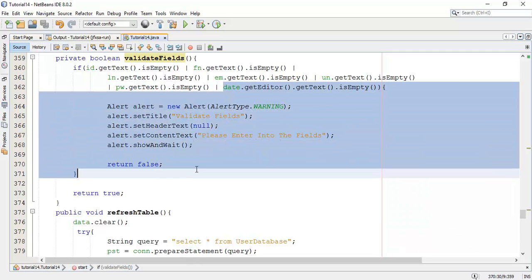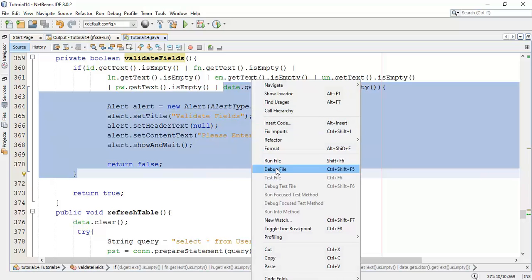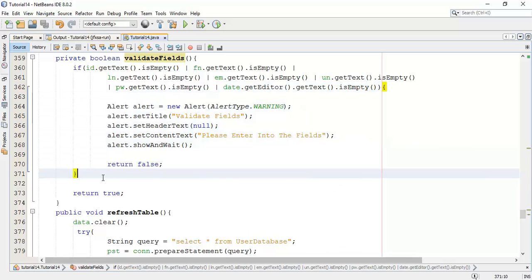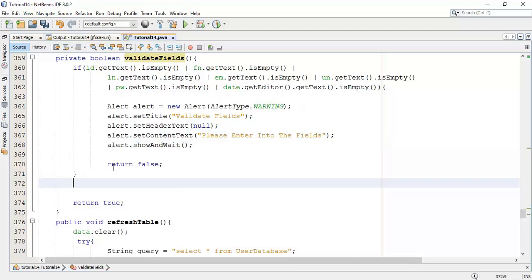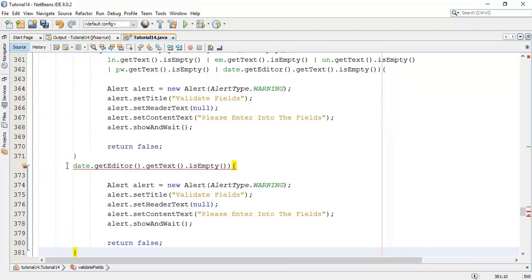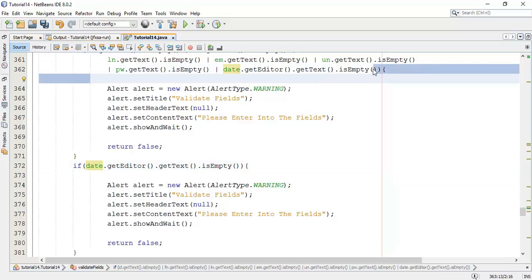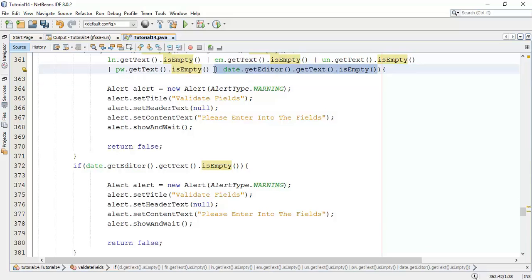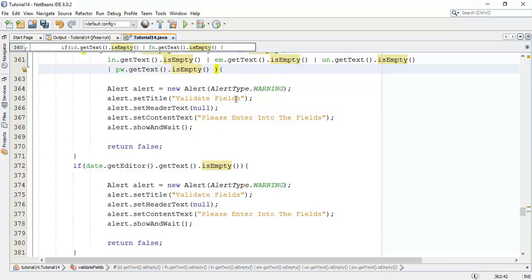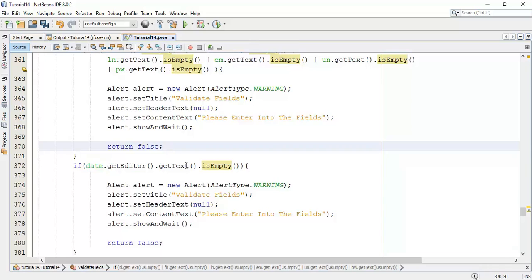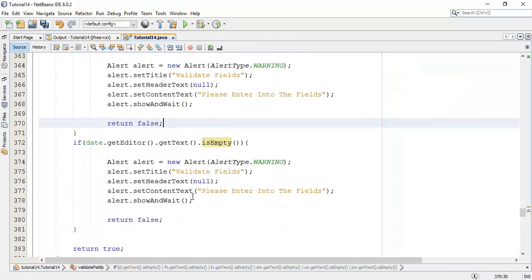So I'm going to copy this. Before this date I'm going to add an if. Whenever this date is empty, and I'm going to remove this date from this, it will check for date whenever this date is empty.